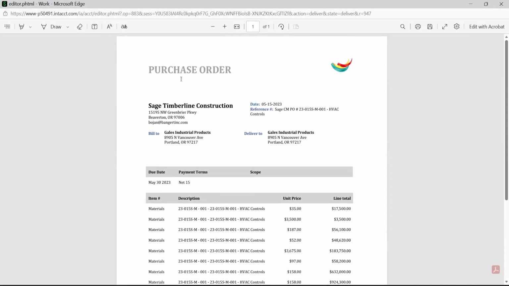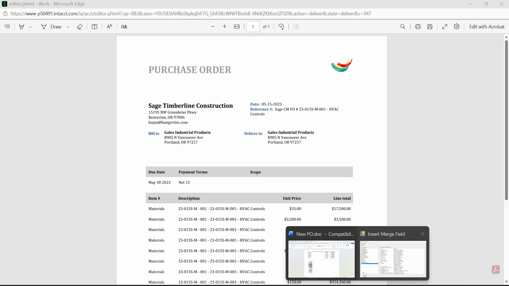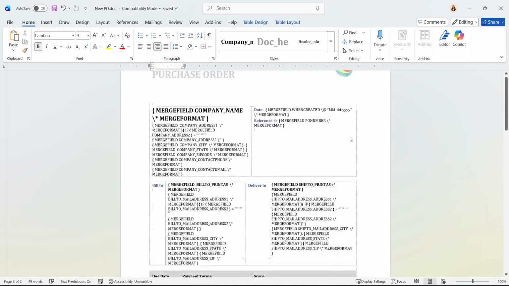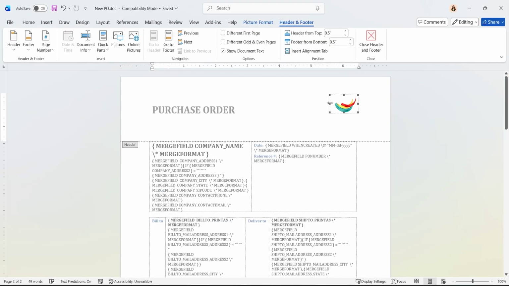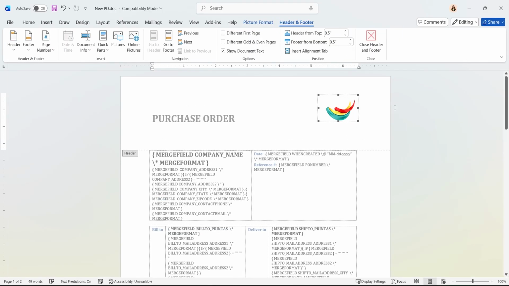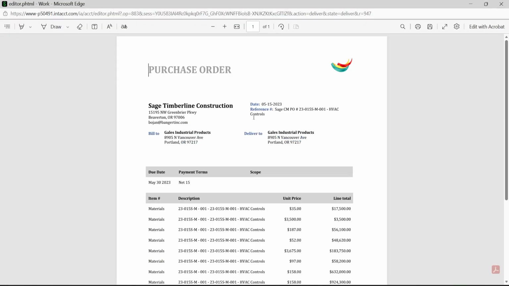Okay, so this is the template that we worked on. I added that logo. If I need to make it bigger, I can go back and tweak it. So once I load that again, it will be a little larger. We have our company's name, date of the purchase order, my purchase order number.